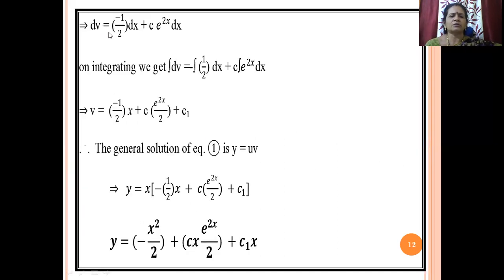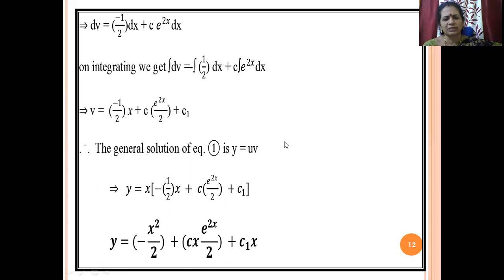Right? Now simplify that equation again, and we will get dV is equal to minus half into dx plus C into e power 2x dx. We want V, so we have to integrate the above equation. We will get V is equal to minus half into x plus C into e power minus 2x by 2. Right? So therefore the general solution of the given equation 1 is y is equal to u